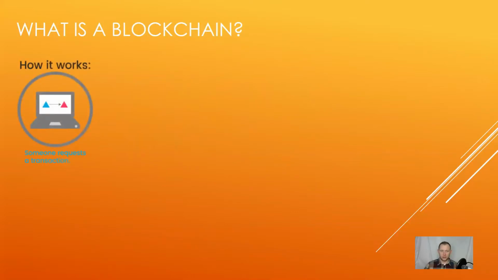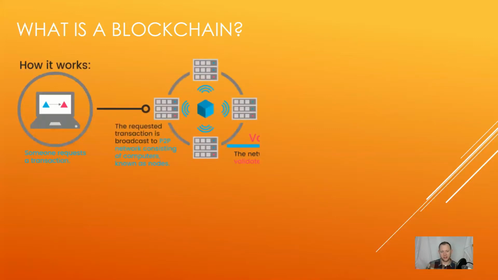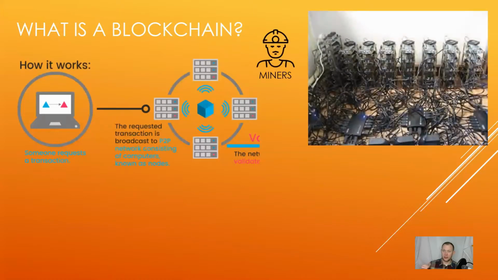So we're going to take the case of a cryptocurrency. So let's just say Bitcoin. What happens is you're going to request a transaction having to do with Bitcoin. So maybe you already have some Bitcoin and you're just going to transfer it from where you bought it to your wallet where you're going to store it. So you make a request, and you'll send that request to the peer group, the network. And it is all of those computers who are going to look at your transaction, and they're all going to start to process it. And we call those people, or the different computers processing your request, miners,